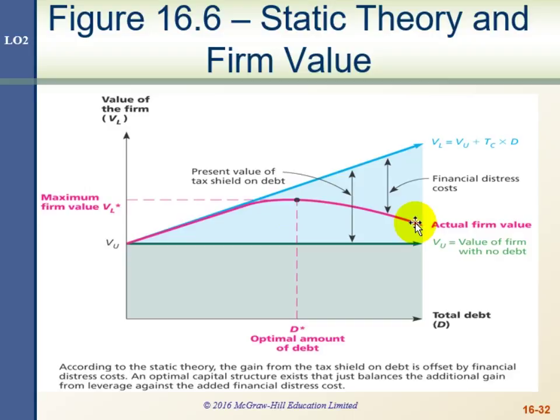And those financial distress costs are not tax deductible explicitly. So the actual firm value at some point would start to decrease back toward the value of the unlevered firm. At some point you would expect there would be a maximum to this little pink curve here. And that maximum would theoretically be the optimal amount of debt. So the gain from the tax shield on debt would be offset by financial distress costs, as it says down here. So firms borrow because tax shields are valuable, but borrowing is constrained by the costs of financial distress.